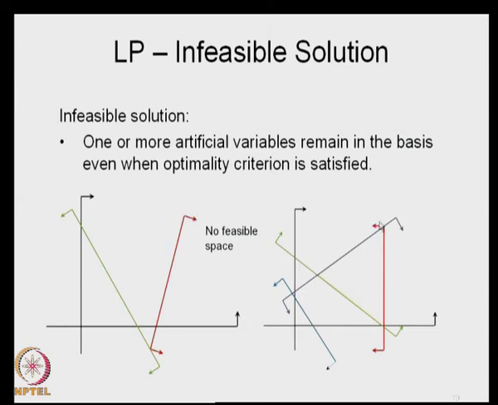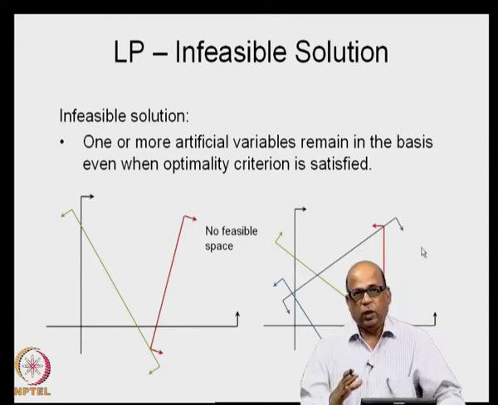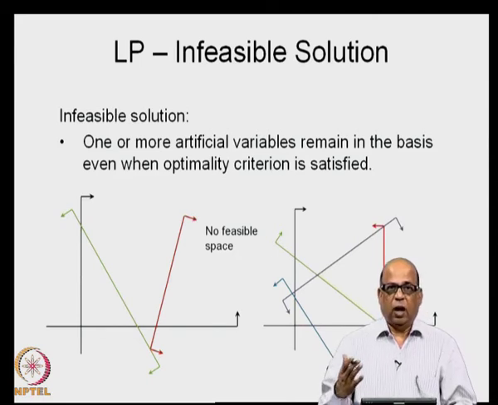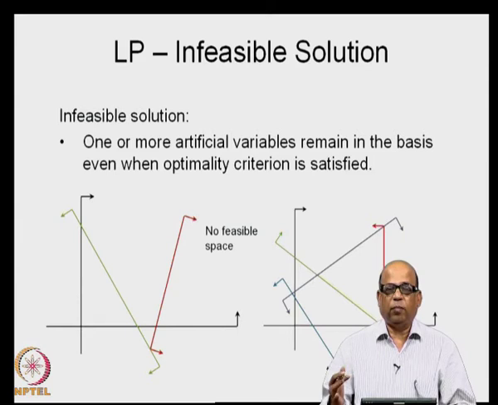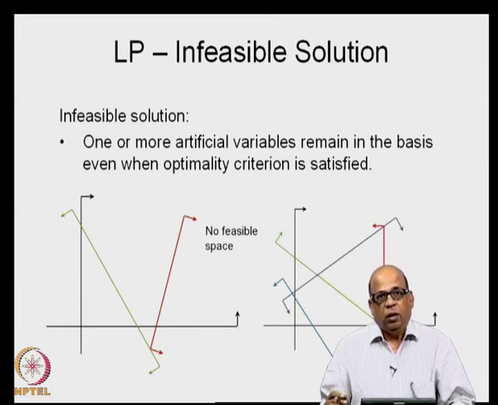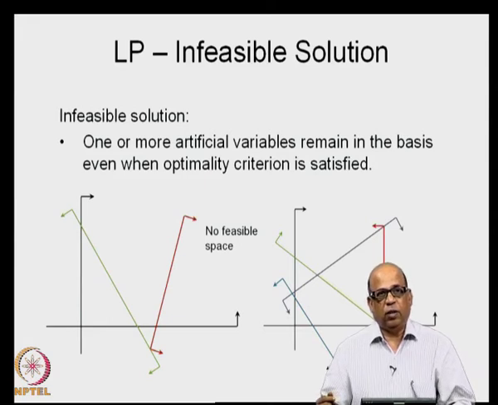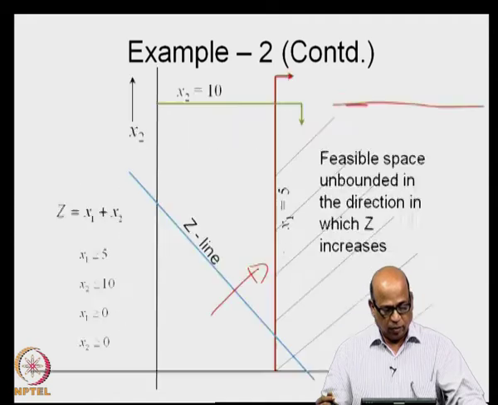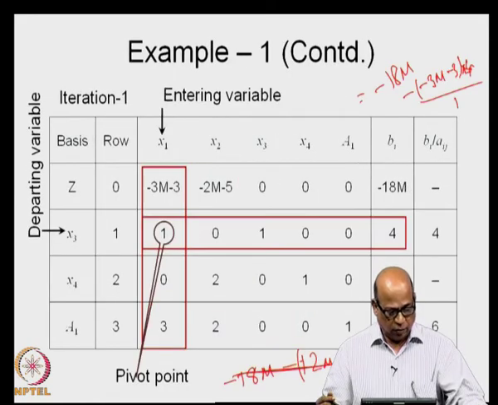This you could do in the graphical case, because there are only two variables and you could see the intersection visually. However, in large problems, you must be able to identify the infeasible solution through the simplex algorithm. In the case where we introduced artificial variables, in both the problems, you just see what happened to the artificial variables. Let us say that in this particular case, you had introduced the artificial variable a1.